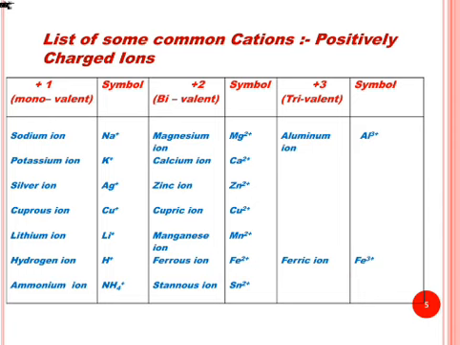Here you can also see a polyatomic ion like ammonium ion NH4 1+. A polyatomic ion is an ion consisting of a group of atoms carrying a single charge. Students, this table is very important. Learn all these cations with their charges and valency sincerely in order to make correct chemical formulae.